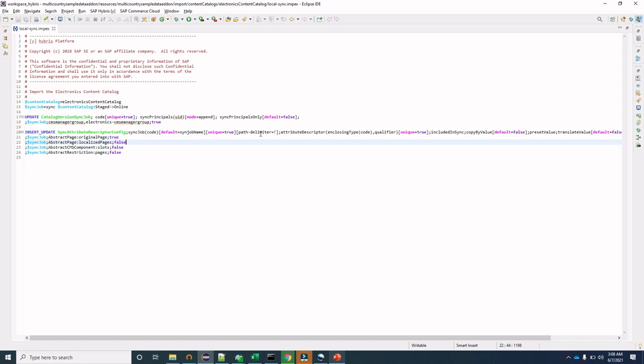Here it is simply saying that in the sync job, if there are any special characters because of which the impex process can fail, then in that scenario we have to provide path-delimiter equal to colon, so that all the special characters present at the time of inserting or updating this particular item type, sync attribute descriptor config, can be ignored.